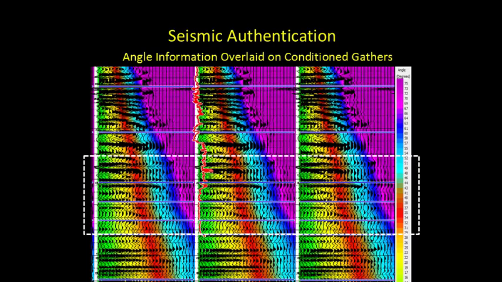As you notice here, I've overlaid the angle information on the NMO corrected gathers. And notice here we can go in this zone, we can go up to the cyan color, that is about 49 degrees or so here. So using this, I can compute Young's modulus. I can also compute E-rho.